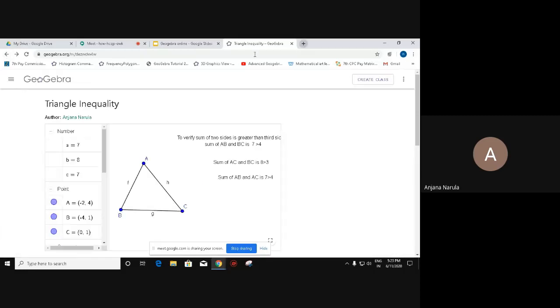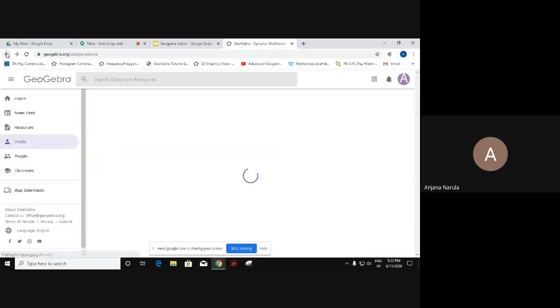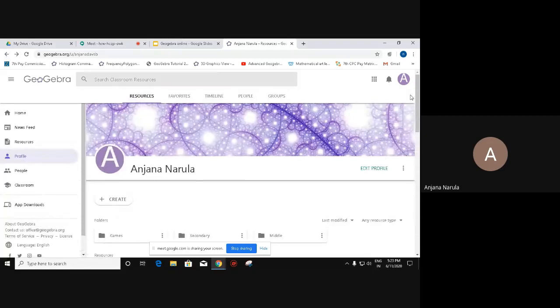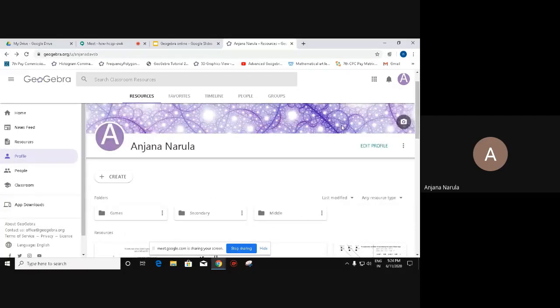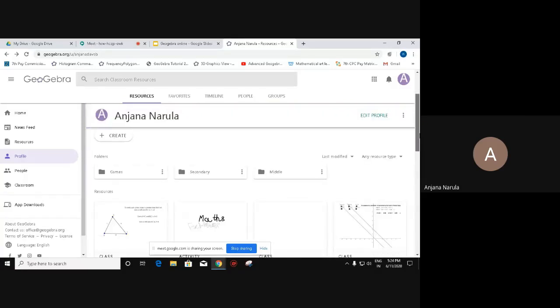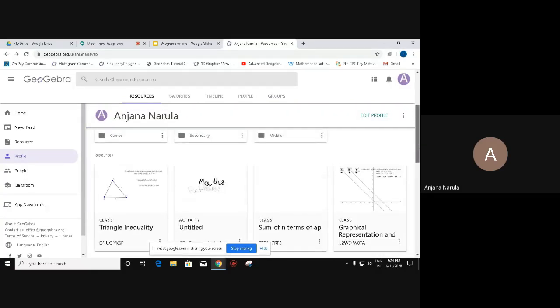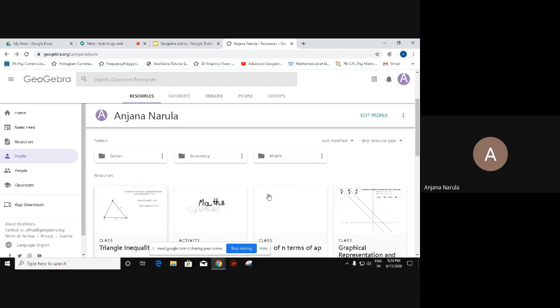So I'm coming back to my own process. Now let's see how I can organize this cupboard or shelf, you can say. I have been allotted a cupboard in my staff room. There are a lot of other teachers also sitting, and a cupboard is given to me to keep my things.